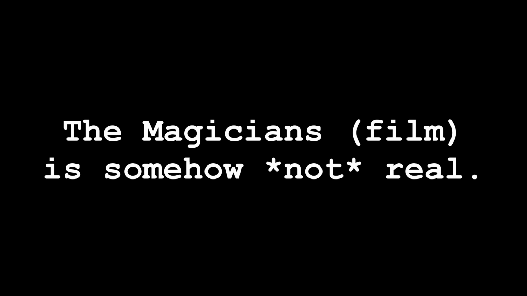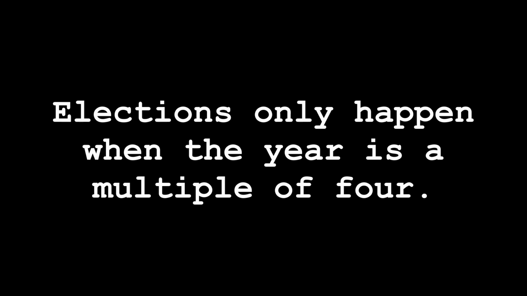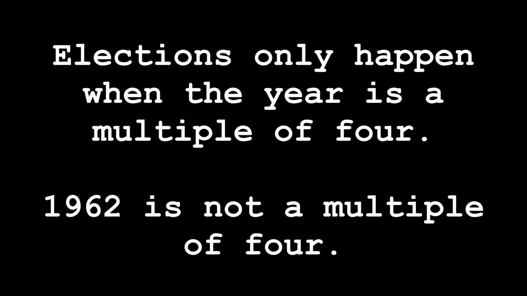The game often tests your knowledge of both politics and multiplication. For example, to know that 1962 United States presidential election in Colorado is fake, you have to know that US presidential elections only happen on years that are multiples of 4, and that 1962 is not a multiple of 4.